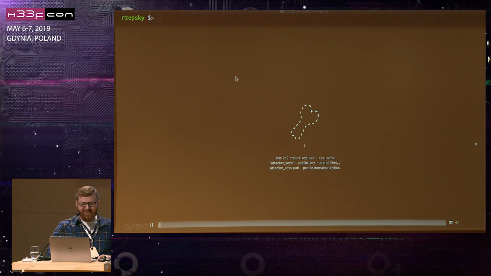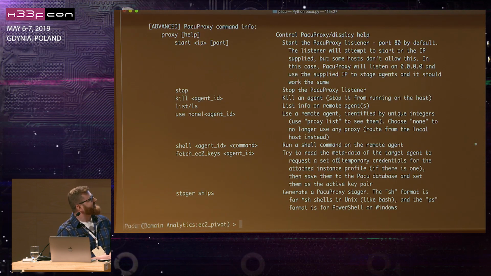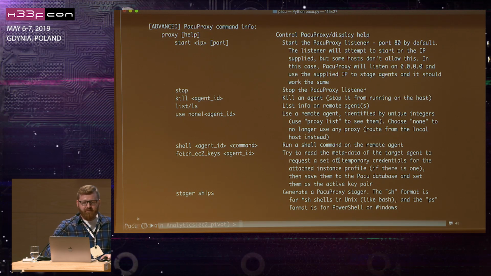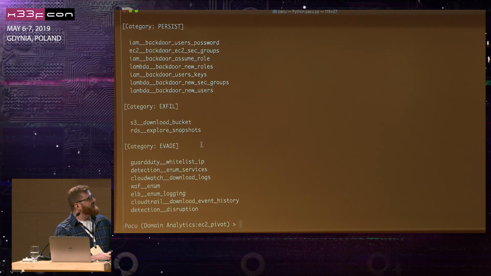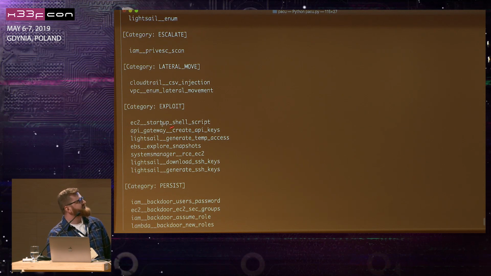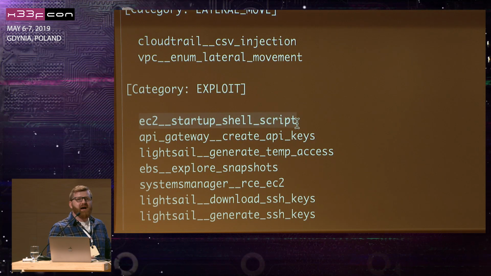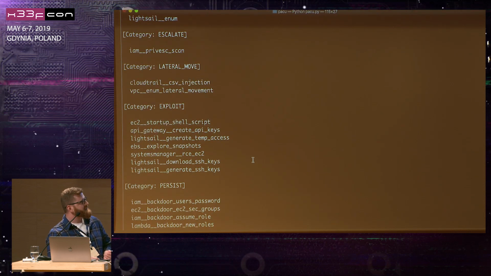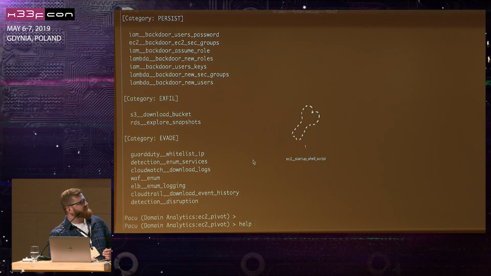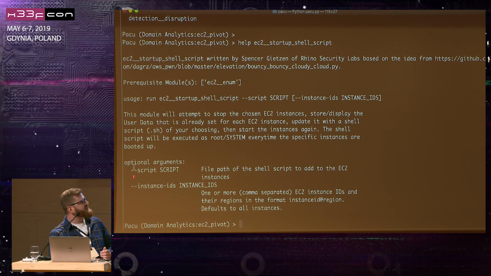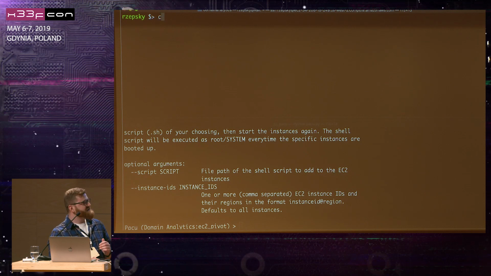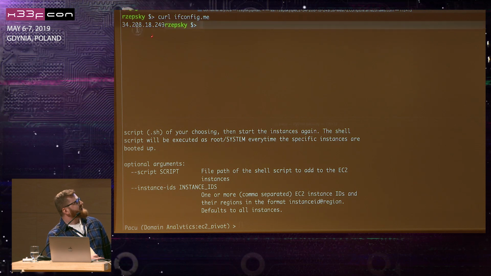Sorry. Not this one, but yeah. So in PACU, there's a module called EC2 Startup Shell Script, which will basically update user data for you. So let's see the help of this module. You are given a script, so what bash commands should be executed once the instance is restarted, and the instance ID of our stopped instance. So here I'm verifying my external IP address,